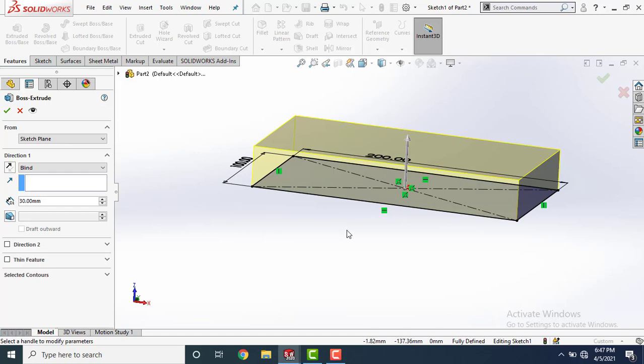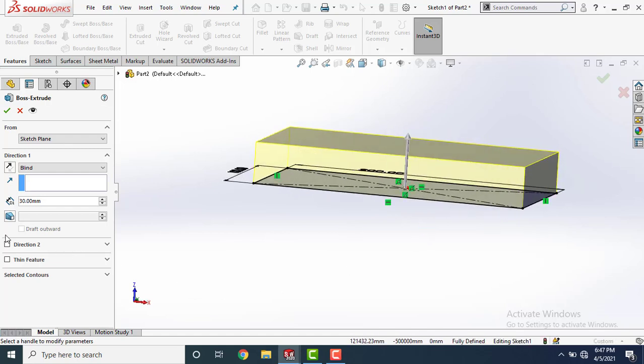This is how the extrude boss feature works. If you want to add some draft to it, just left click on draft. Now the draft option is available. If you want to increase the angle, you can put some value manually here, let it be 25 degree.